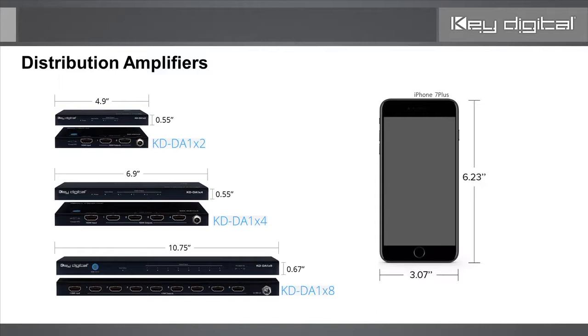Certainly the DA1x2 model is much smaller than the iPhone 7 Plus. And the DA1x4, in fact, is just a little longer than the iPhone. The DA1x8 is much larger than the other models though, but it just puts into perspective how small these are,